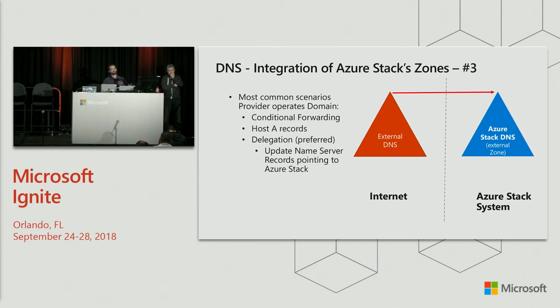The most common and preferred way is just doing a delegation. Why is delegation most convenient? Because, again, you don't control the applications your users spin up. You potentially don't know what the application names will be that they put in. So by putting up delegation, everything for that particular zone is going to be delegated to the Azure Stack